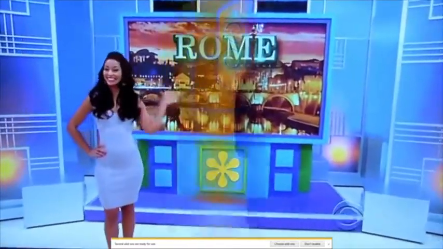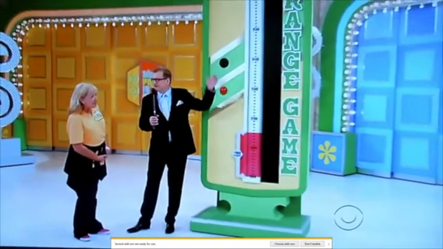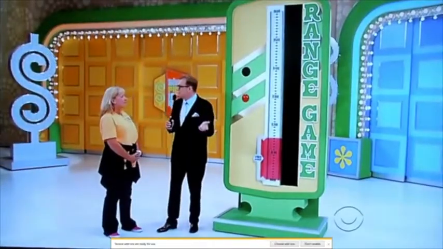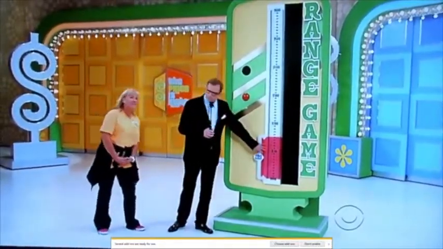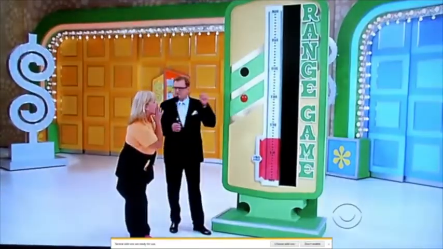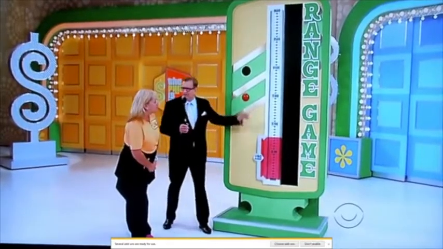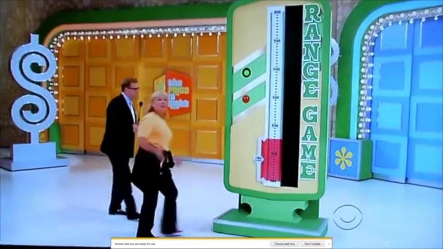Here's the price. Let's play a game. Round trip for two people from Los Angeles to Rome, six nights. See this little red area right here? That represents a $150 range. It's going to climb up the scale. When you see the price of the trip to Rome in the red area, you're going to hit the button. If you're right, you're on your way to Rome. If not, then get your spinner wheel. Linda, you ready? Yes. Here we go. Start it up.